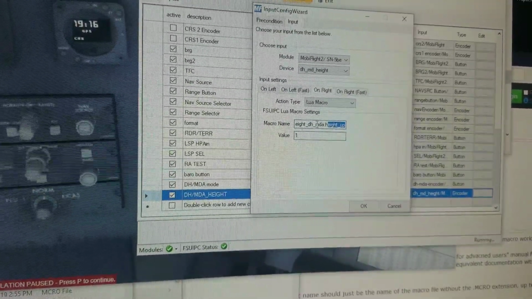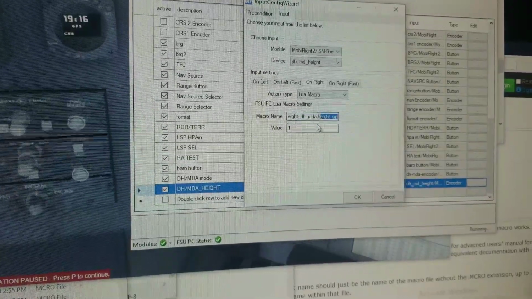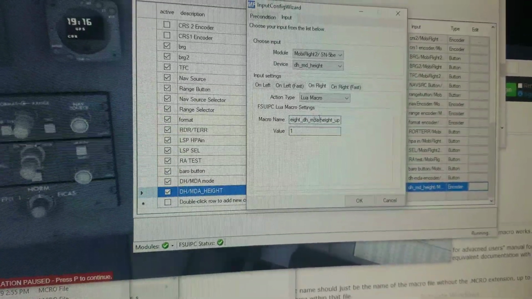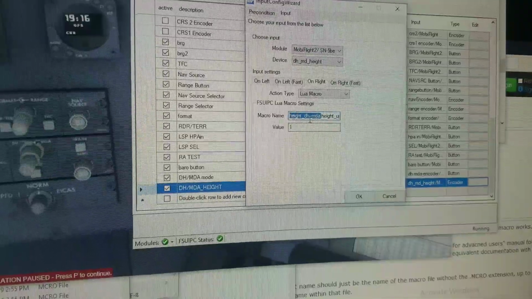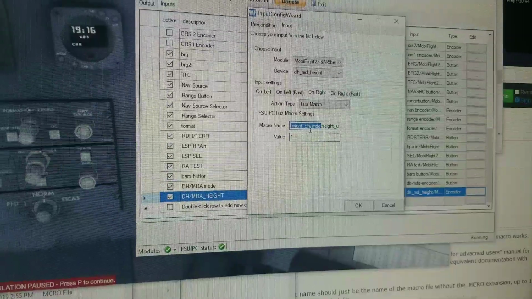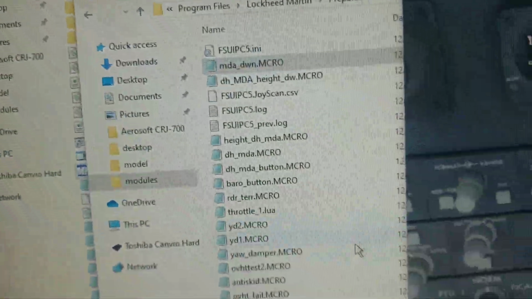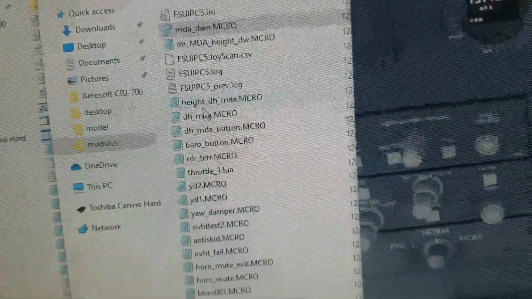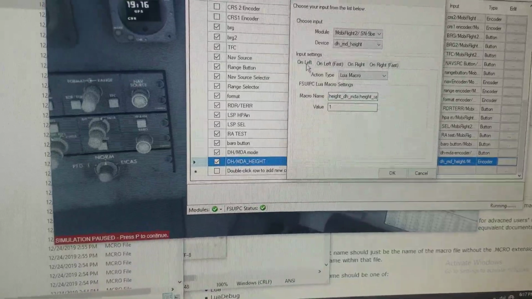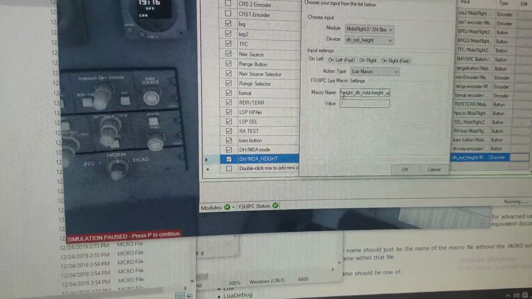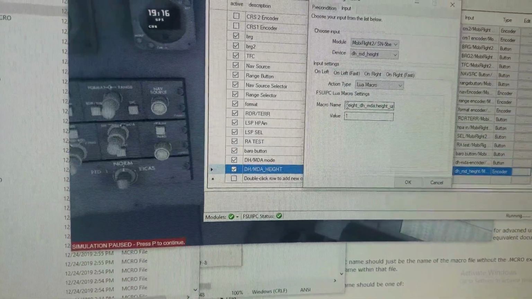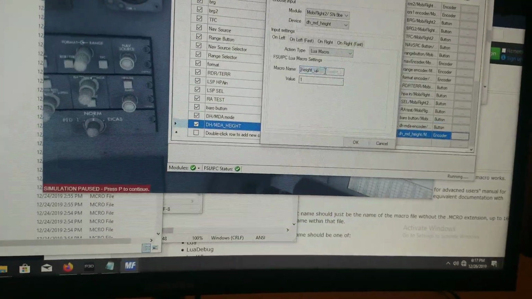So this one here has height DWMDA, that is the macro name. Okay. And you'll see that is right here, and that one is the one I'm going to use for my right. But on my left, I'm going to come over here, and I'm going to actually put the file name in right here of my macro, which is